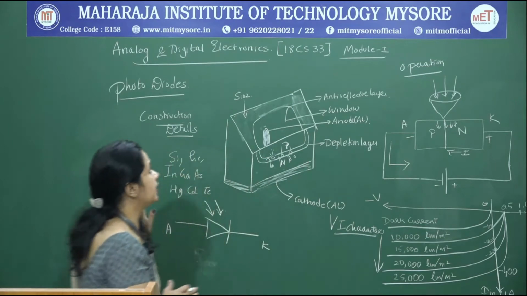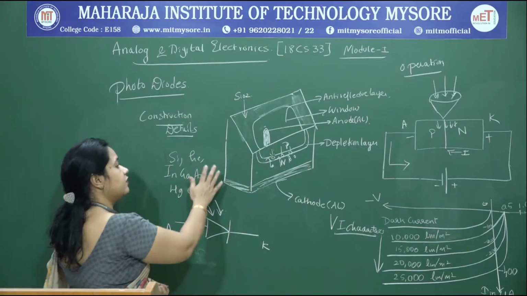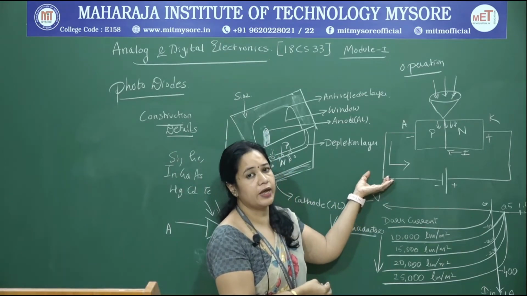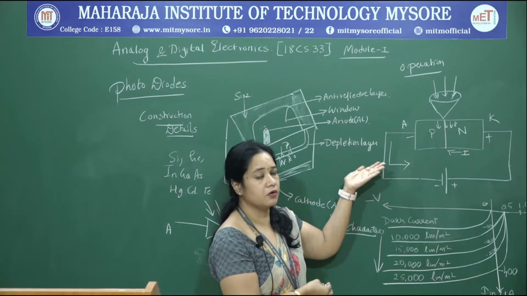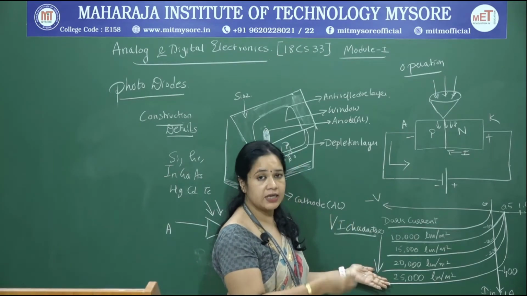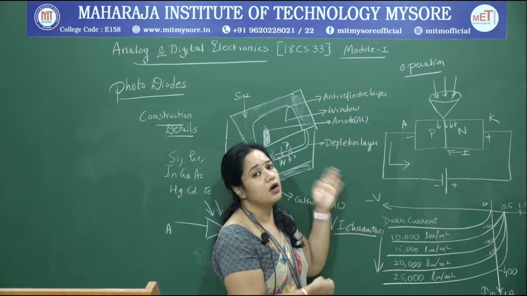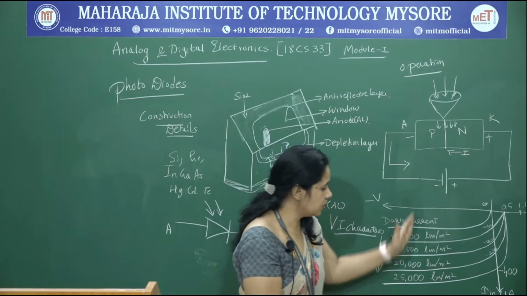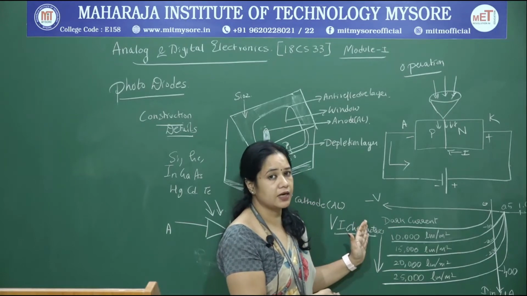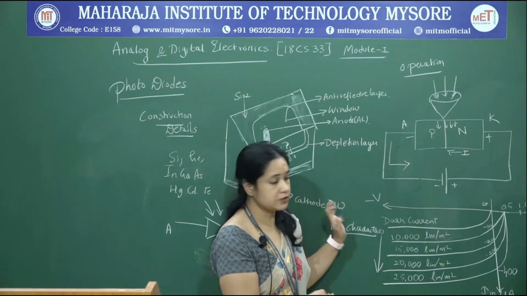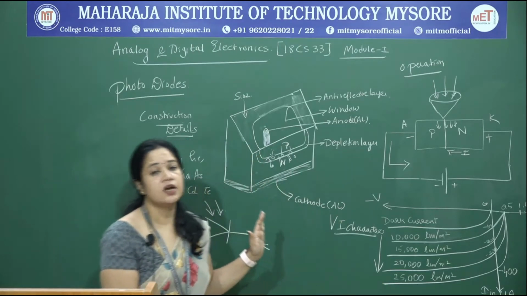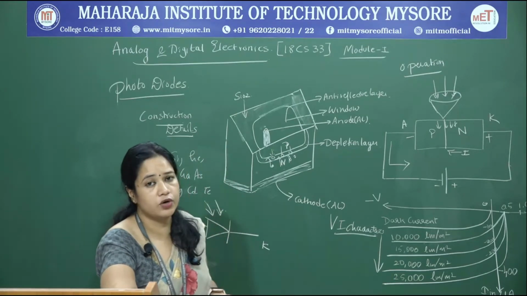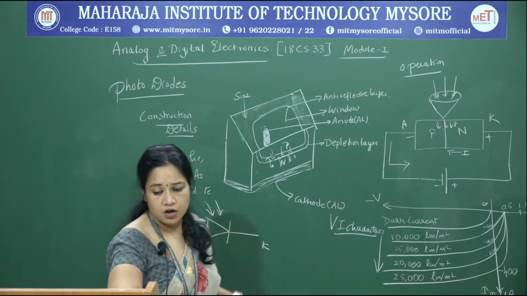So, this is how your photodiode works. You have a figure showing the constructional details, and a circuit which can be used to demonstrate the working of a photodiode. To understand the working, we explain it with the VI characteristics, where we use the negative axis to plot because it is always in reverse bias mode. With this we will discuss where exactly photodiodes are used, what the applications of a photodiode are.